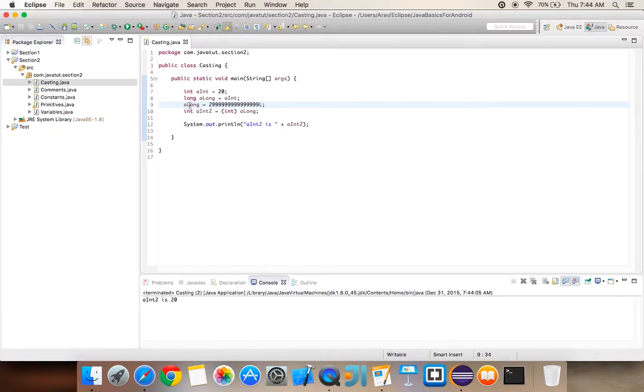So we have assigned the value of a long to a really long number, and we are trying to cast it to an int. Let's try to run it again. As you can see, the value is different, not really what we have in a long, because we have told Java convert this to an int, but since int has a smaller range, the value basically got converted into whatever int can hold and got displayed.